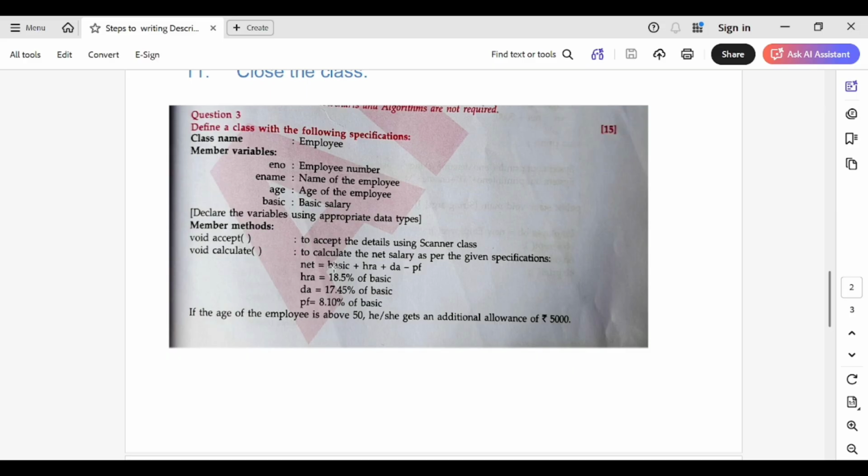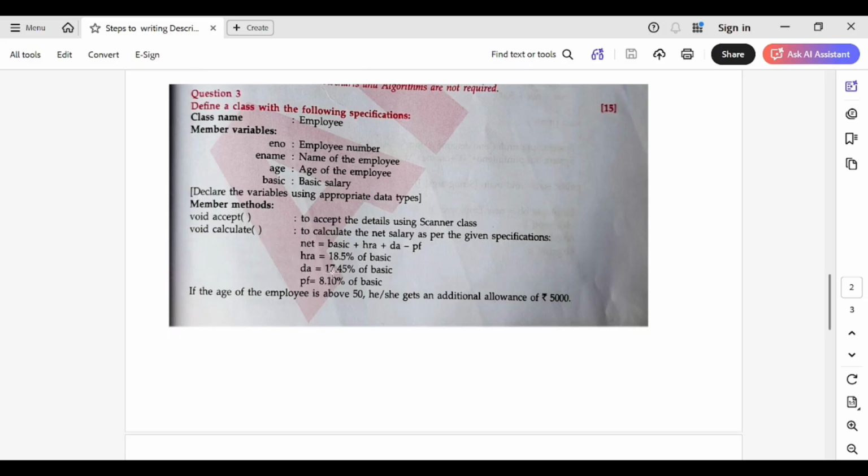Then there are 3 methods given here. First one is accept, where we are going to accept the details using Scanner, so we have to import the package. Then in the calculate method, we are going to calculate the net salary. Whenever we calculate the net salary, whatever basic value we enter, plus HRA, plus DA, minus provident fund. HRA is house rent allowance, which is 18.5% of basic, that is basic into 18.5 by 100. The same way DA,